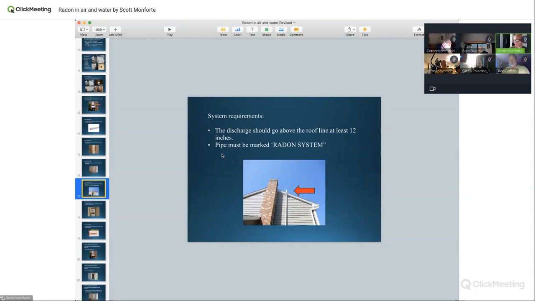Mine goes on the lower roof because that's the only spot of the basement I could go out, because the basement was finished. We're at the mercy of the house sometimes for the installation, because that's the only spot we can go out. So we may go below, to an eave that's on the lower roof. As long as you are 2 feet above a window and 10 feet away from the window.